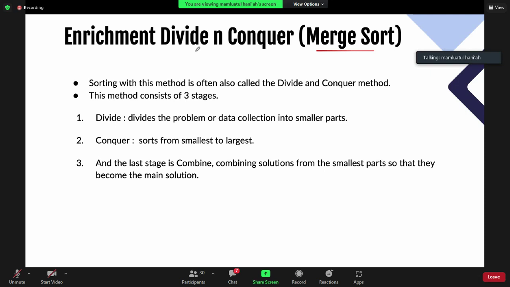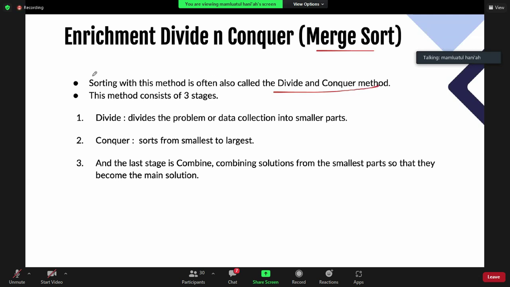Kemarin you already studied bubble sort, selection sort, and insertion sort, but all of them use a brute force approach. Here, you will learn about merge sort that uses the divide and conquer approach. Sorting with this method is often called the divide and conquer method.